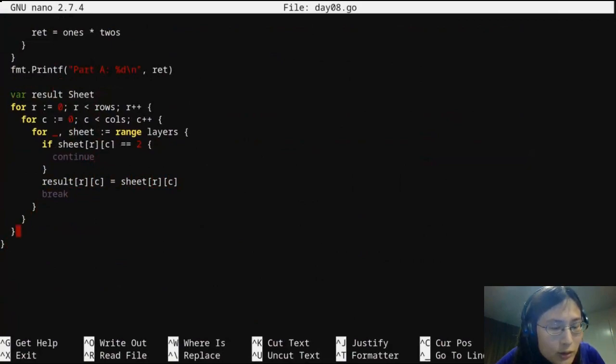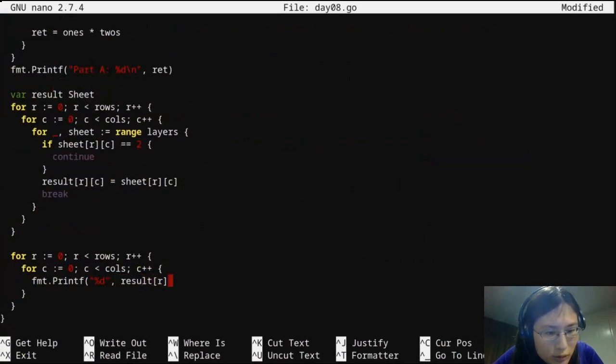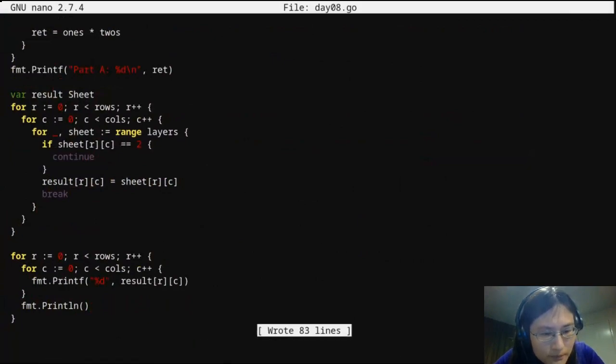Okay, good. Oh, well, whatever, that's fine. That's okay, we'll do it this way. Printf RC, and all right, that should do it. Let's try running this.